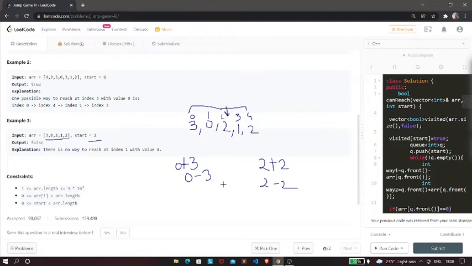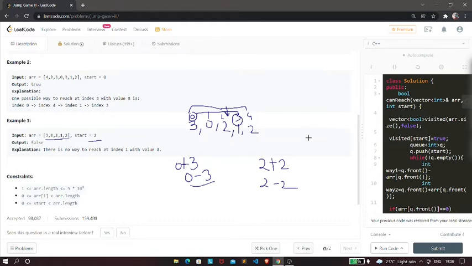So those are the two possible places where we can go. Now let's say that we can't go in this direction, because it's a negative index. So from this index we go to index 3, right.